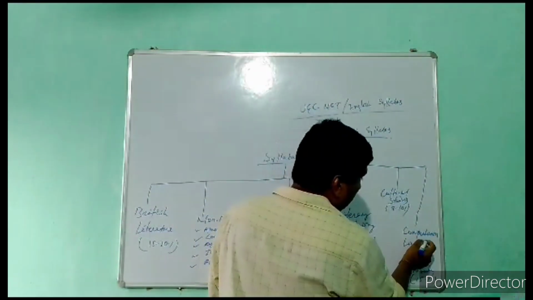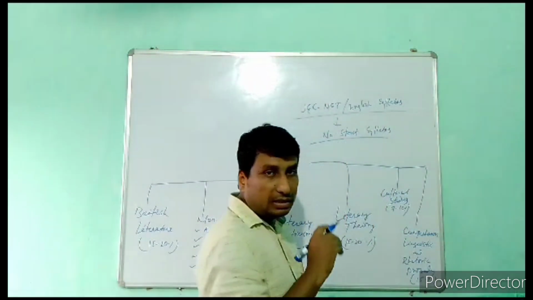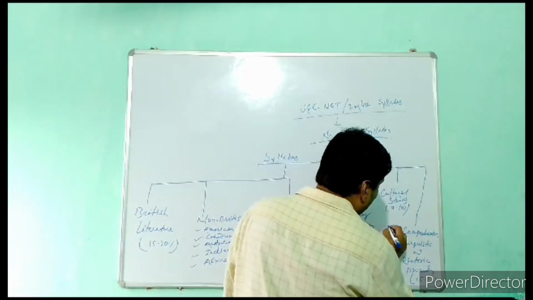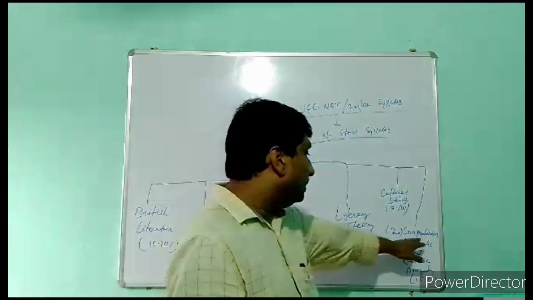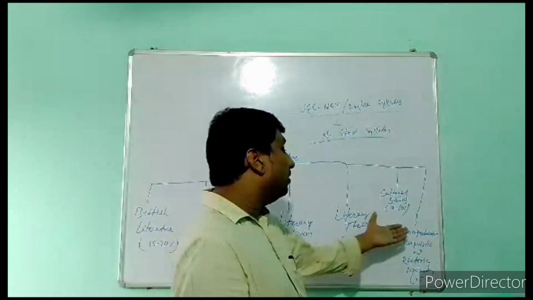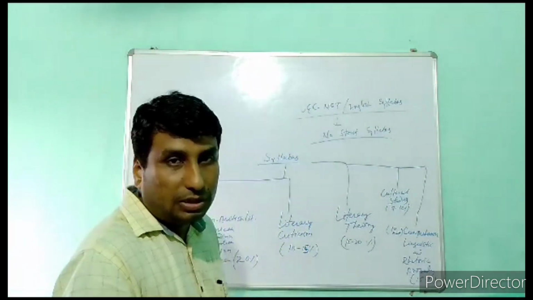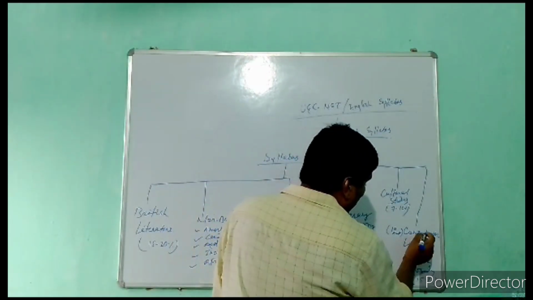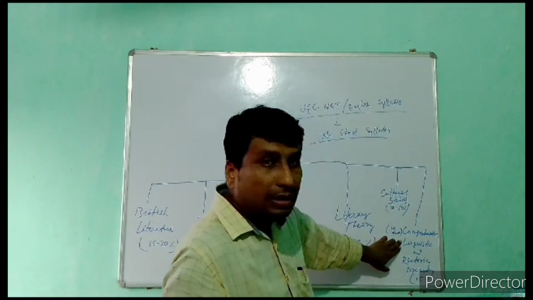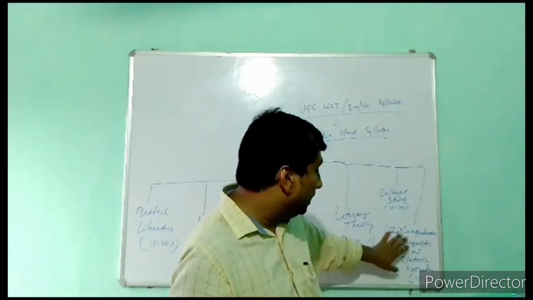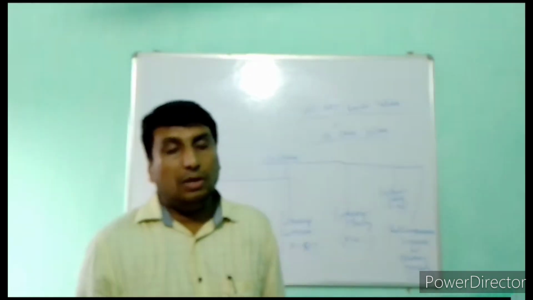And the last one is comprehension. You know there are two passages, one of poetry and another of prose, right? So nearly 10 questions come from this section, which is comprehension. And for this you need to have a good understanding of literary pieces, poetry, articles and all that, right? So in this section, comprehension along with linguistics, rhetoric and prosody, at least 15% of questions will come in your examination.